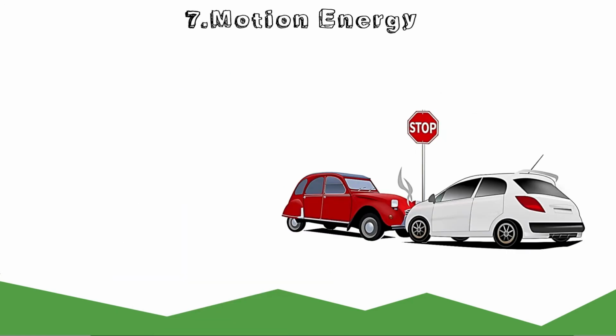Motion energy is stored in the movement of objects. The faster they move, the more energy is stored. It takes energy to get an object moving, and the energy is released when the object slows down. Wind is example of motion energy. A dramatic example of motion energy is a car crash. A car comes to total stop and releases all of its motion energy at once in an uncontrolled instant.